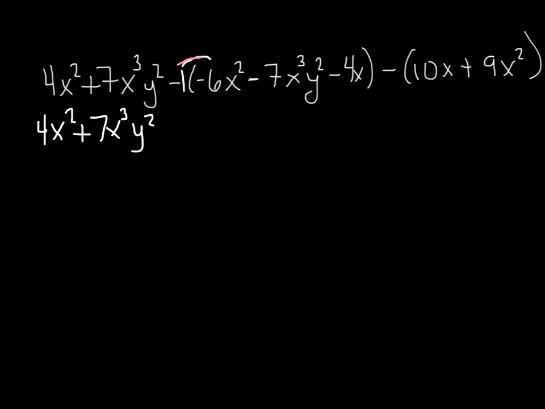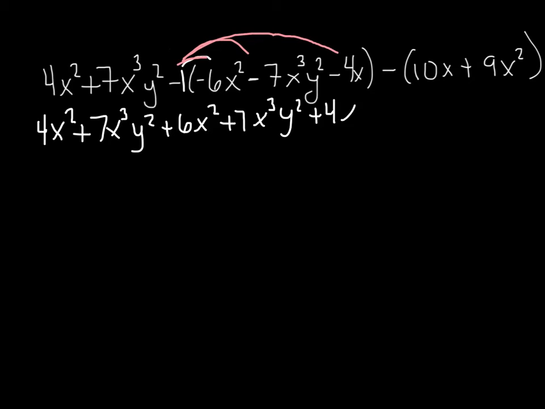Let me switch colors here. To all the terms inside. Oop, and that one all the way over there. So that's going to change the sign. So this is going to become a positive 6x squared. And that's all I'm doing right now, is I'm changing the signs of the terms. 7x cubed y squared and positive 4x. And I'm only changing the sign of the terms because of the -1 out front. If this was a plus sign over here, all the signs would stay the same because they'd be distributing positive 1. But again, I have a negative 1 here, so it's going to be negative 10x, negative 9x